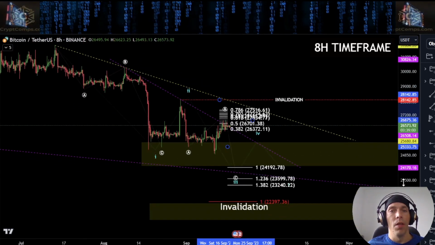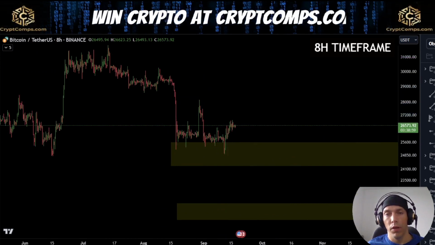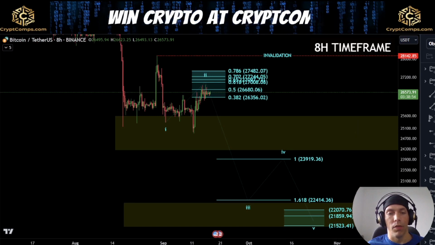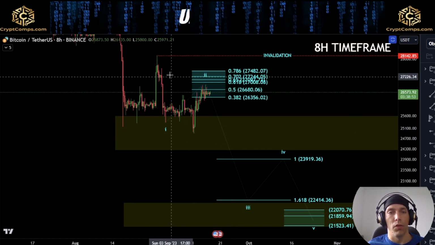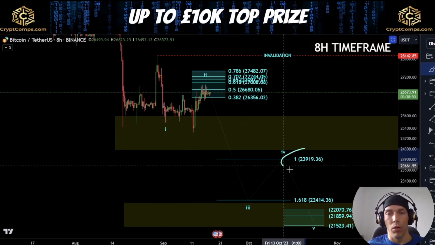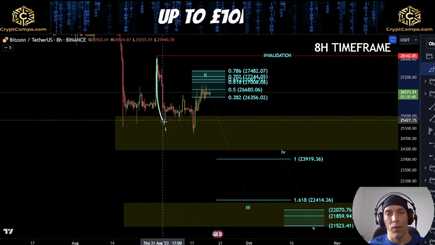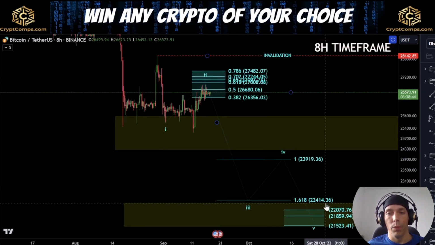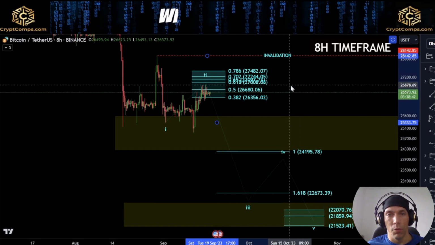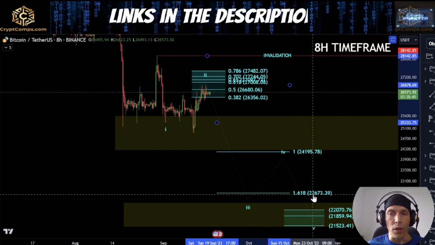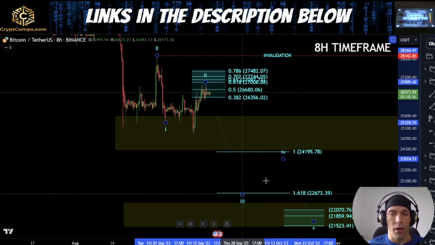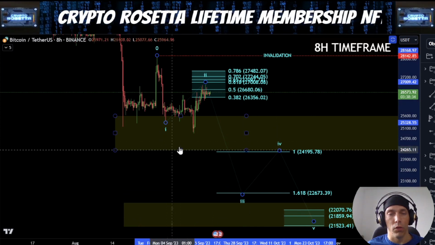to the downside. Now, the other bearish alternative here would be that we have a much bigger drop to come here. And what we'd be saying is that this whole move here, instead of this being A, B, and C, and we're looking to target out this 1-to-1, would be that this could be a 1-2, and then we're looking for a deeper wave 3. Now, the target area, once again here, has moved up slightly. So 22,673 is going to be our target area here for this wave 3 if this does continue to push to